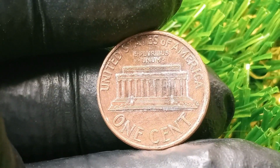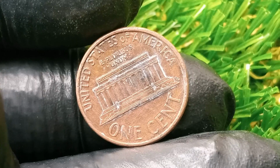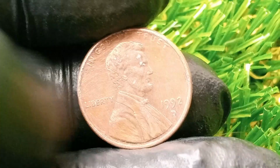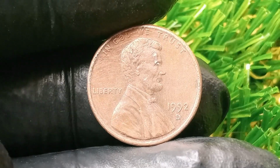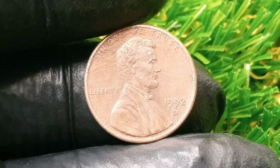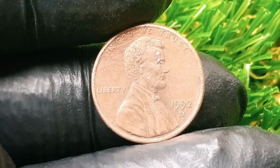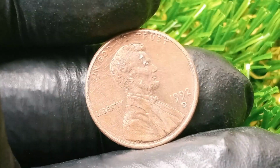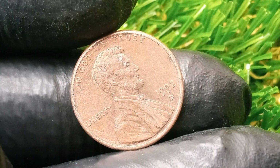So next time you hold a penny, especially one with a 1992 D stamp, take a moment, look closely at the reverse spacing, the strike alignment, the weight, the shape, the color, because you just might be holding something that numismatic experts, auction houses, and history lovers around the world are desperate to find. And remember, the next multimillion-dollar treasure might not be buried in the ground or locked in a vault,